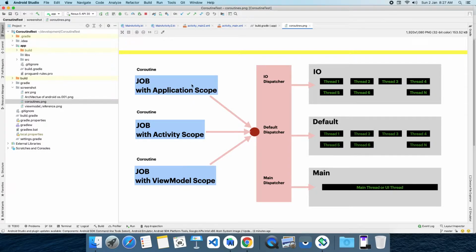Now let's discuss this scope, this blue color container on the left hand side. So what is that scope? A scope is a container. In Android we can say that as a context. Both are the same. A scope is a container to which our job is attached. Whenever the scope gets completed, all the jobs attached to that scope will be cleared from memory automatically. So no need to worry about memory leaks.